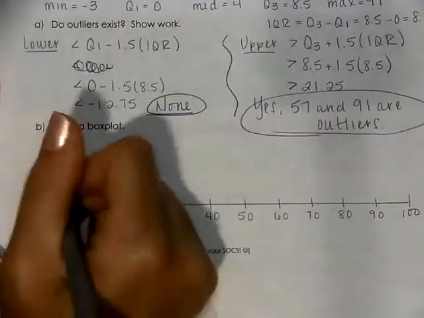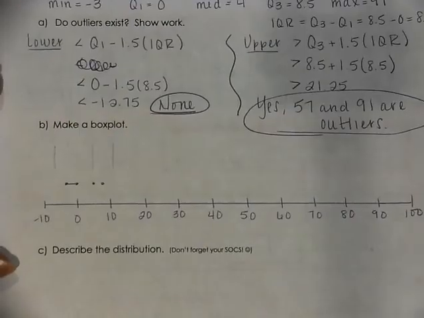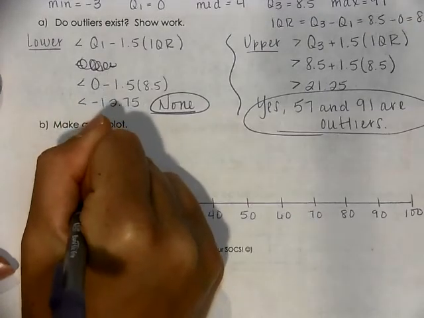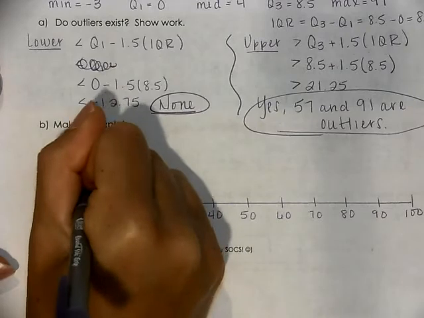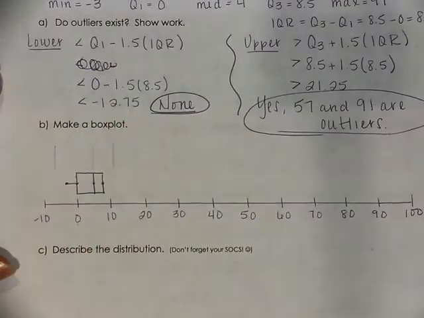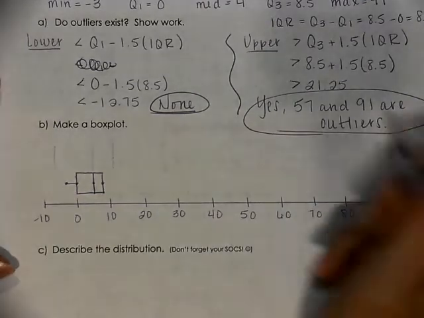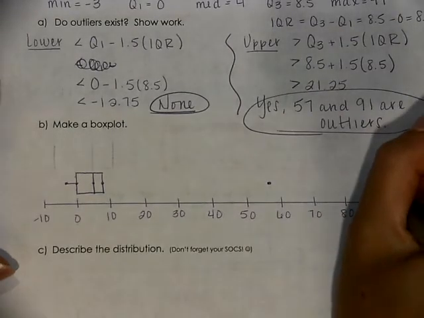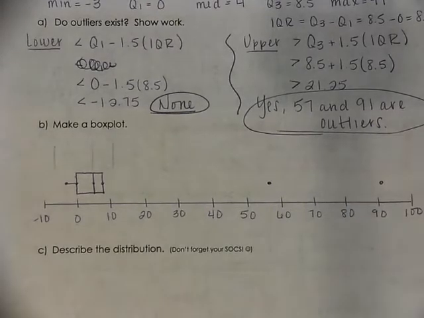Okay, so I'm just going to go ahead and connect my minimum and quartile 1 to make my lower whisker and make my box. Okay. Now, your outliers will need to be marked separately. So my outliers were 57 and 91. So my outliers need to be marked separately because they're unusual values. They're unique. They are definitely going to affect our range and our mean here for sure